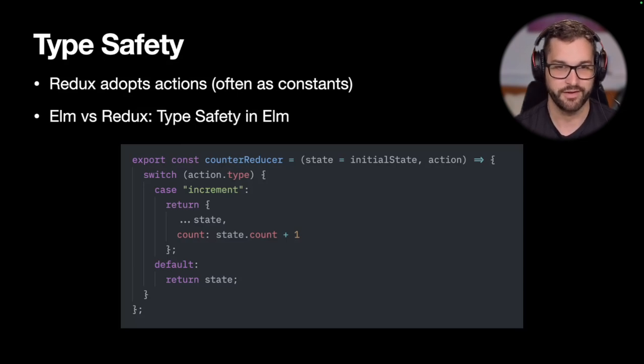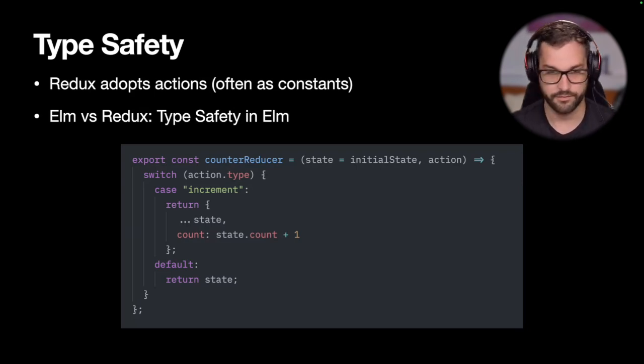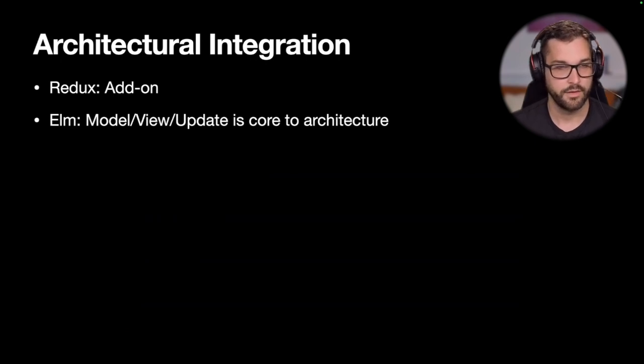Instead of increment, maybe you're missing a vowel or something. There's nothing preventing you from coding it this way. It's merely a convention that actions are constants. But in Elm, actions or messages are not strings. They are type unions. So you have to code for them due to exhaustive type checking. And then lastly,